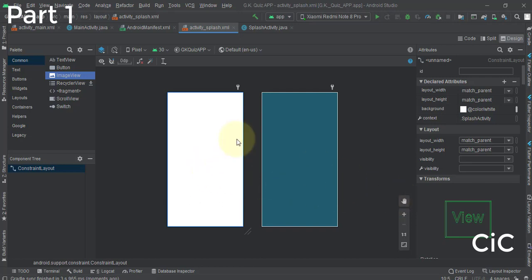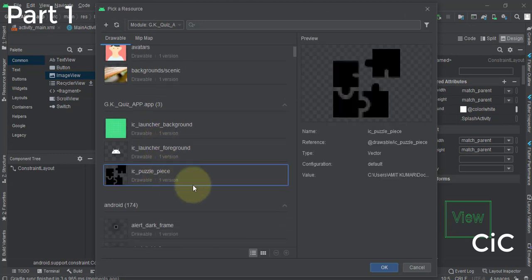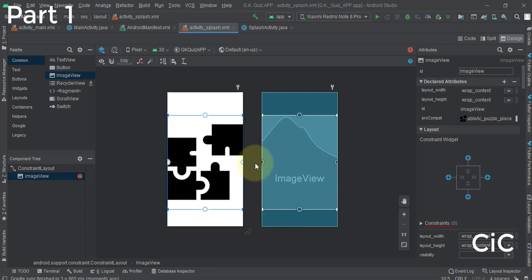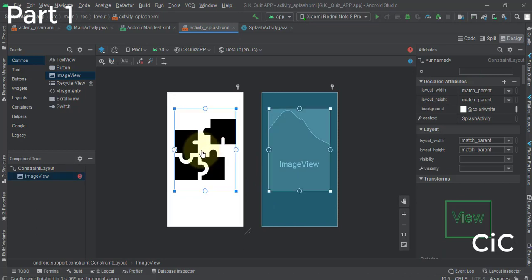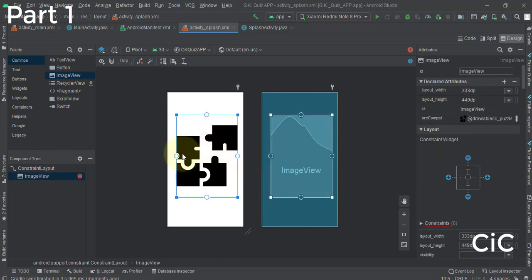Okay, let's select the icon here, click on OK, and this is quite big, we need to decrease the size. I think this is quite okay. Now let's align this.